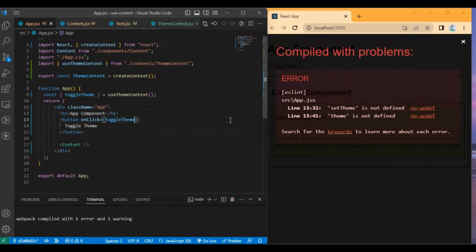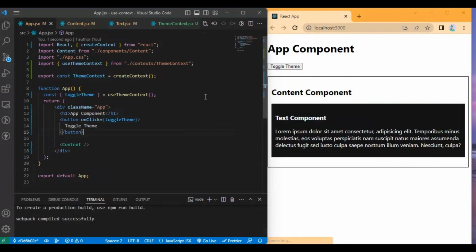Then I want to use the context in the text component as well.